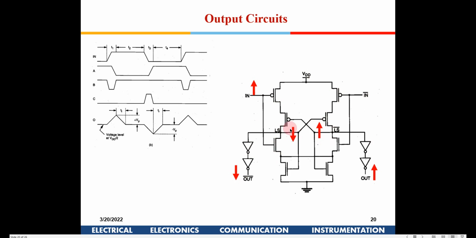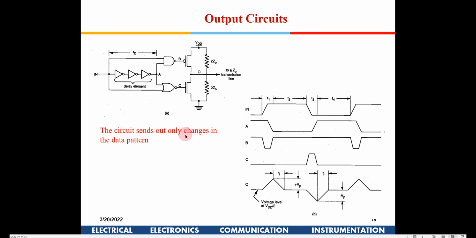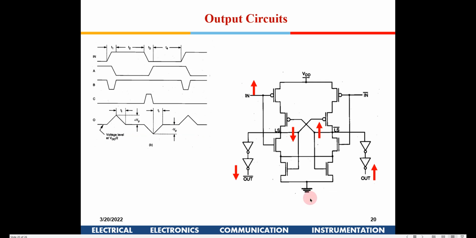So this kind of circuit can be used when the output signal is like this. Okay, as we said in the previous slide, this is going to be the on-chip final IO pad. So instead of 1 and 0, we are going to send these kind of signals. It will be VDD by 2 generally, and whenever the signal goes from 0 to 1, it will make a spike out here, and similarly when this input goes from 1 to 0, it will make a spike from VDD to 0. And these kind of circuits will be used on the receiving side to generate back the